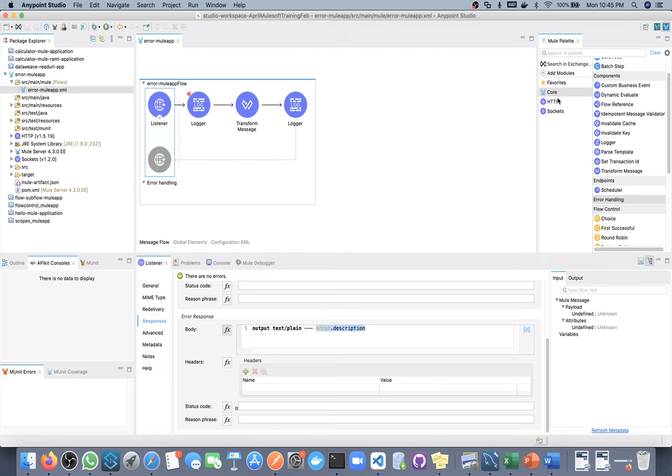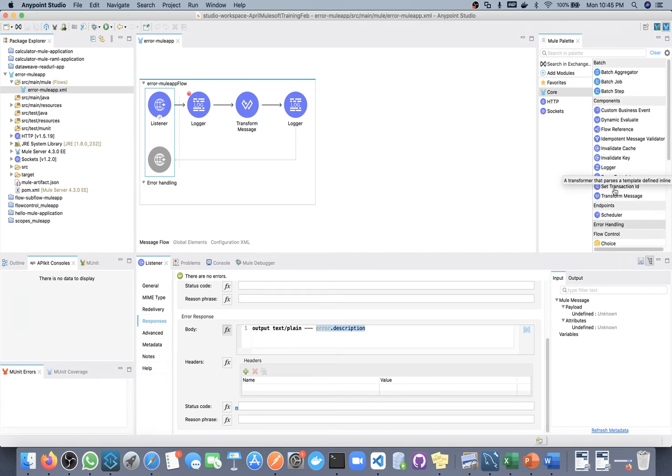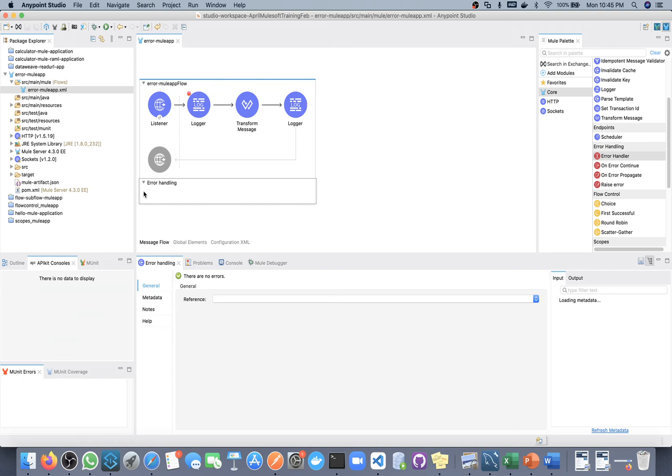So I will go to the core component, and here you can see inside error handling we have 4 components. The first component is error handler, and this one is our error handler. Whatever component we have here now, this component is the error handler. So your Mule flow by default will contain this error handler. We do not need to drag and drop it here.